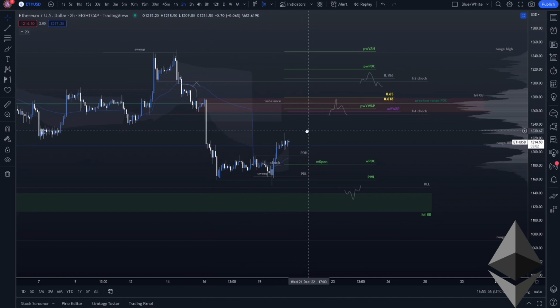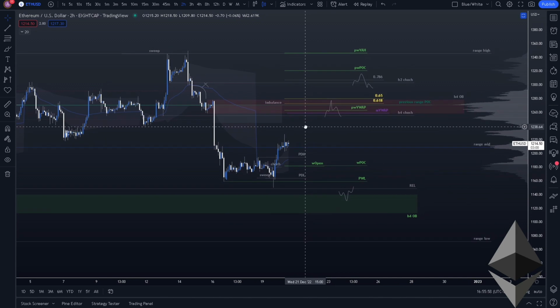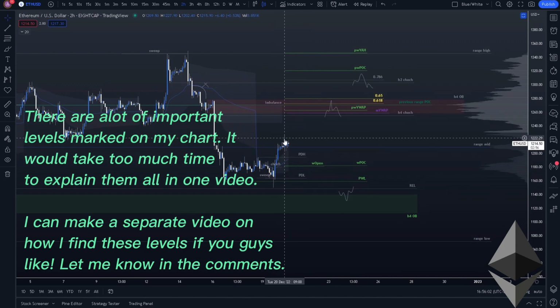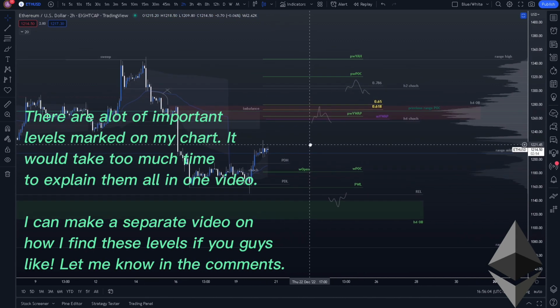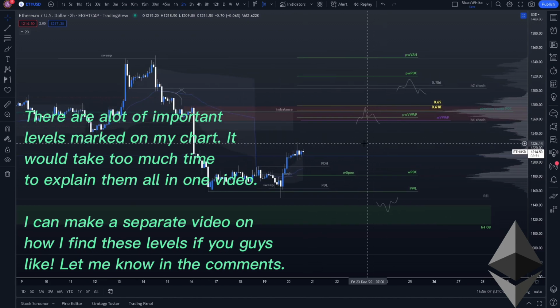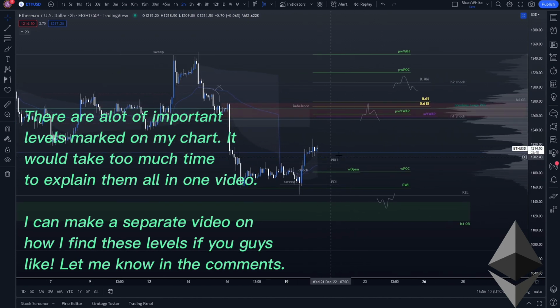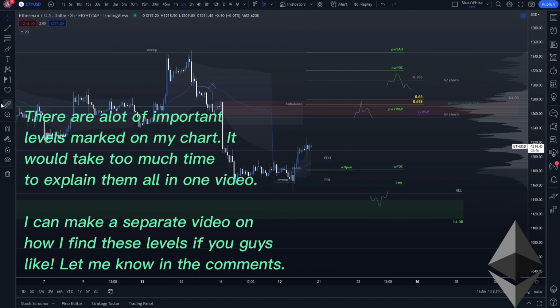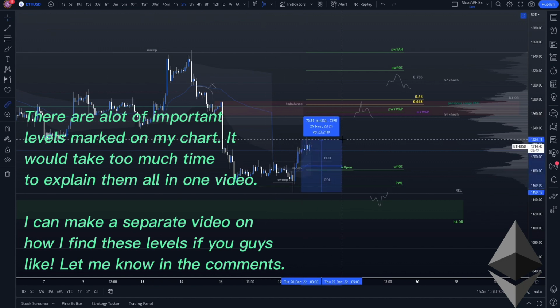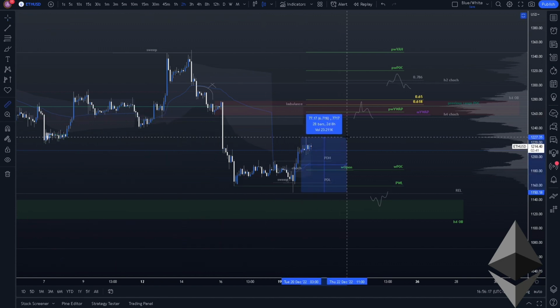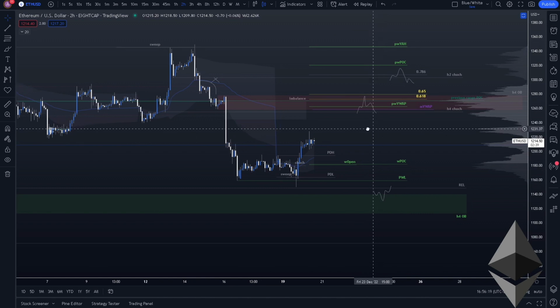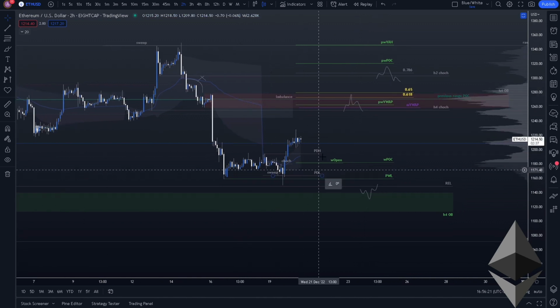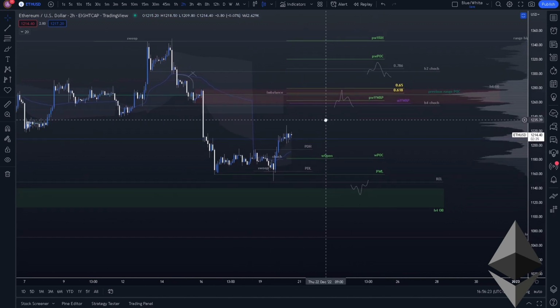So the first thing I wanted to mention to you guys is to not go long too early here, because market makers will 100% punish anyone who goes long a little too late, as this has already been on Ethereum around a 6% move, almost 7% move from top to bottom. So how do you enter this trade without getting punished? I'll show you guys a few things.